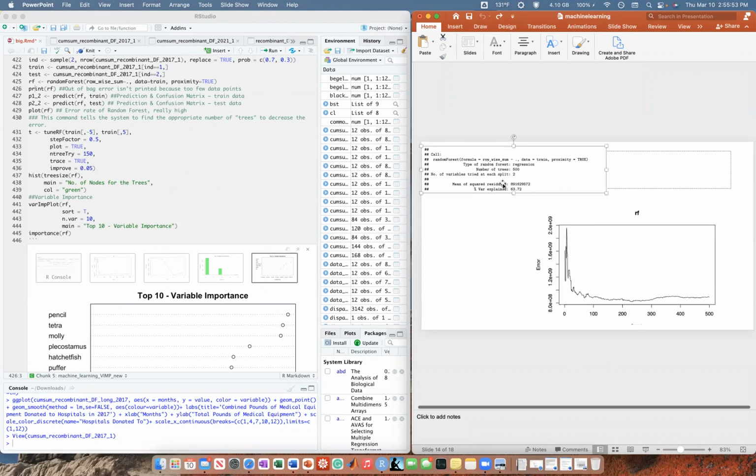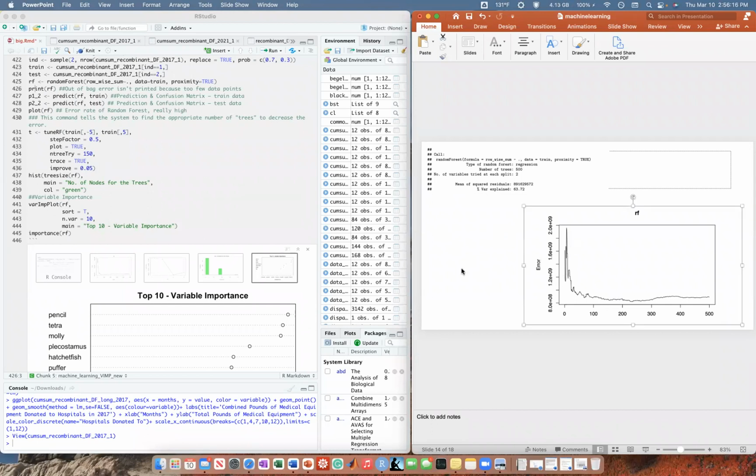Anyways, when you do this, you're actually going to get this random forest, and this is terrible actually. Because our data set's so tiny, it could only explain 63.72 of the variance, or you could say the p-value is going to be like 0.37, which is not significant. It says I made 500 trees and there were only 2 variables at each branch, which is not good. And this has the error. The error is in terms of e to the power of 8, which is ridiculously high.